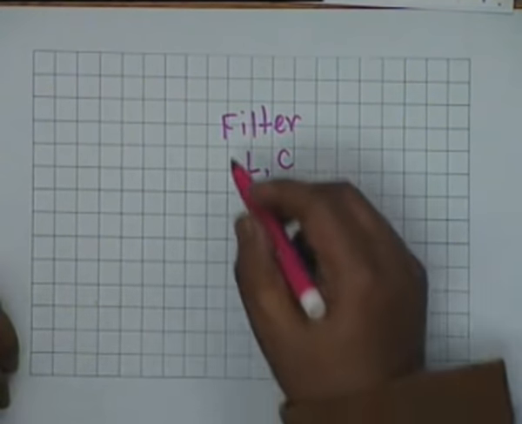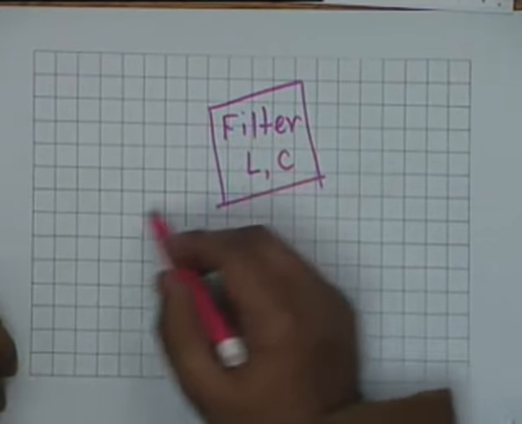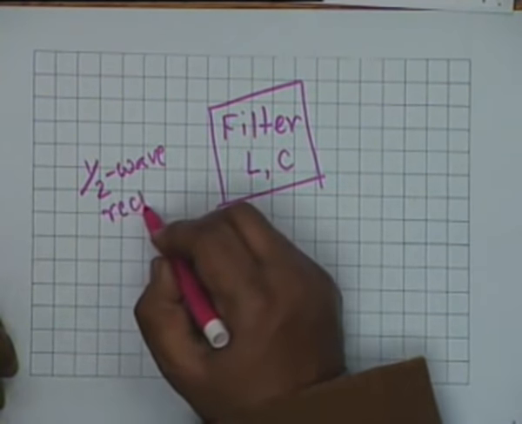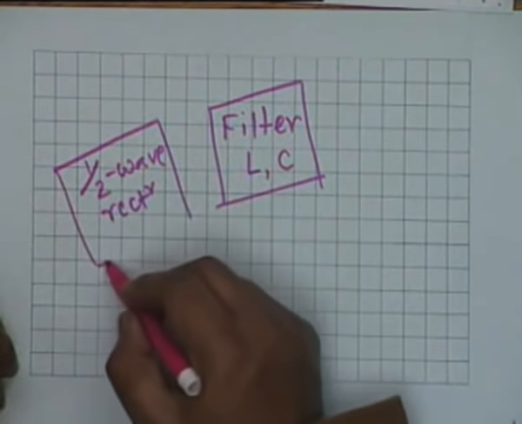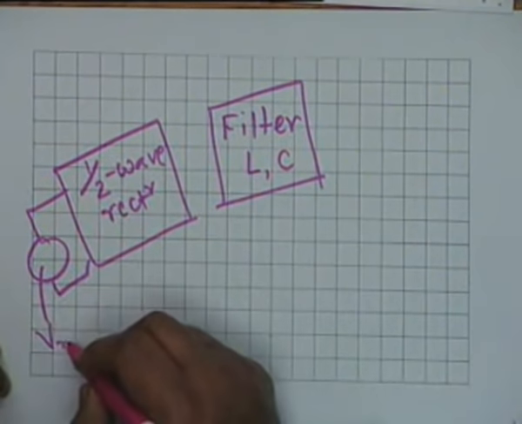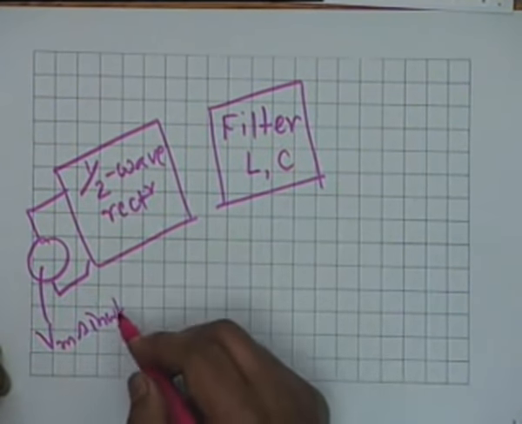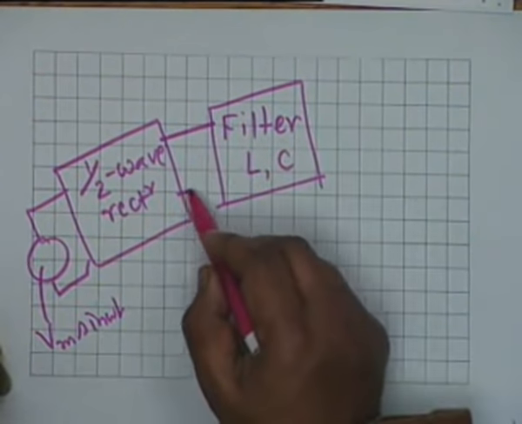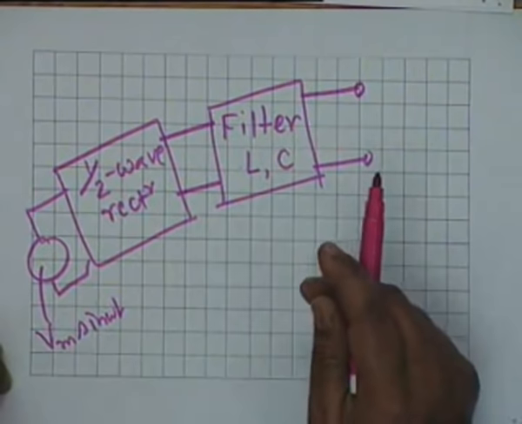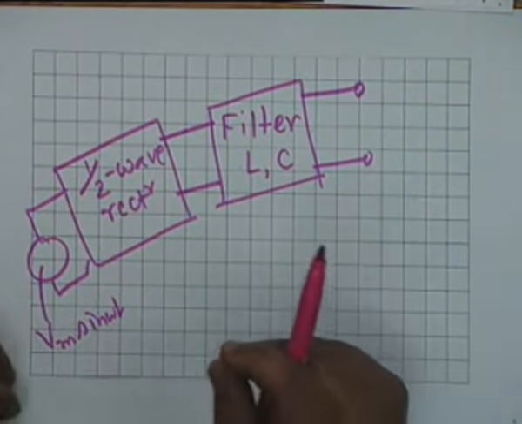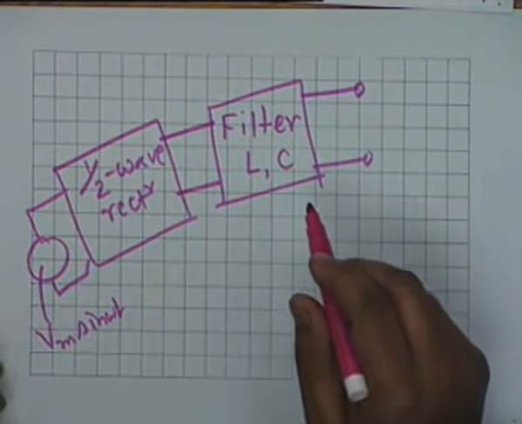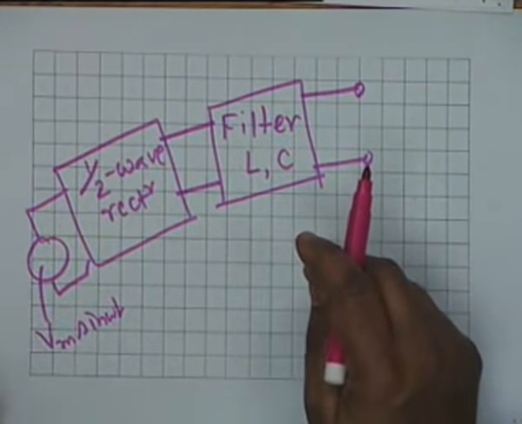It could be both. So, what we do is, suppose we have a half wave rectifier, which is connected to an AC source Vm sin omega t. The output is passed through a filter, then the output of this shall be hopefully pure DC voltage, and this is what the power supply that you see in the laboratory gives you.